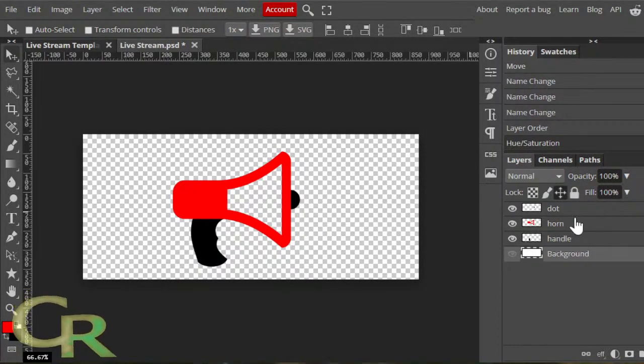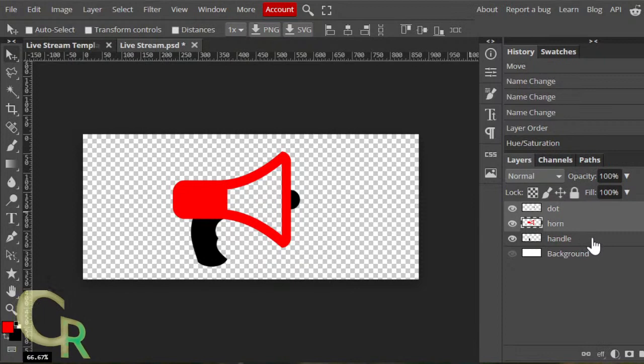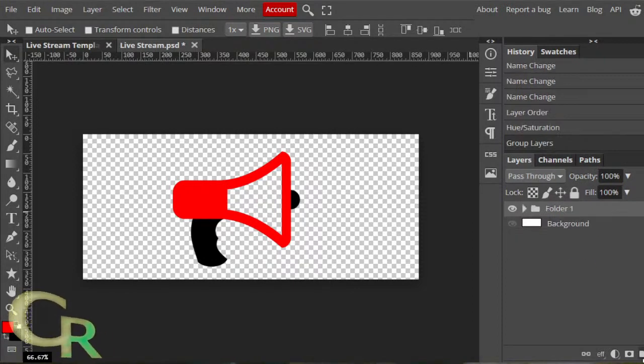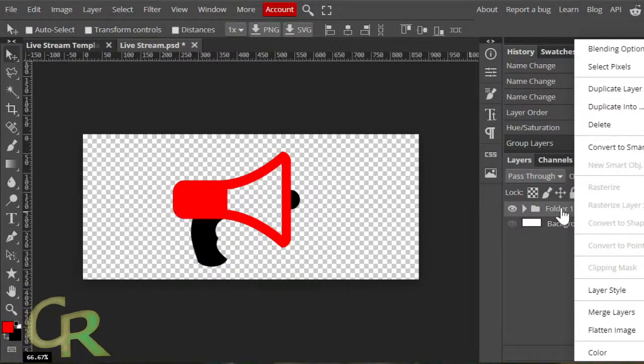I mean, not show it. The dot, holding Shift, selecting horn, still holding Shift, select handle, go down to new folder, puts into new folder. Just like that.